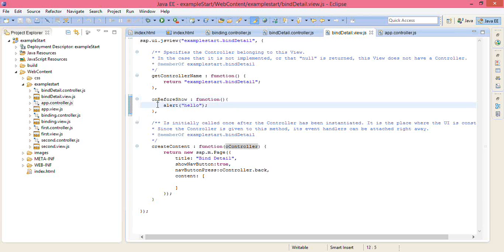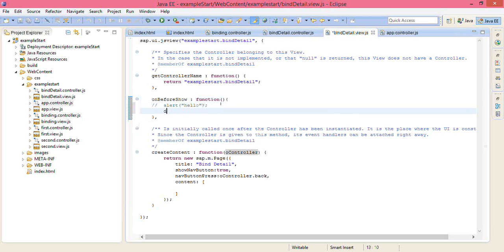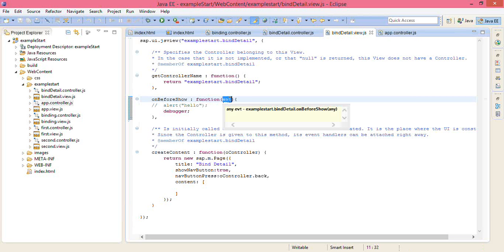So now I'll just try to comment this. I'll place my debugger here because I want to stop my execution at this particular point. I want to see how I can set my data inside this particular event. And as you know, we always need the parameter, because right now what I'm trying to do is, we'll see what is the need of this, because even in the binding controller I use this